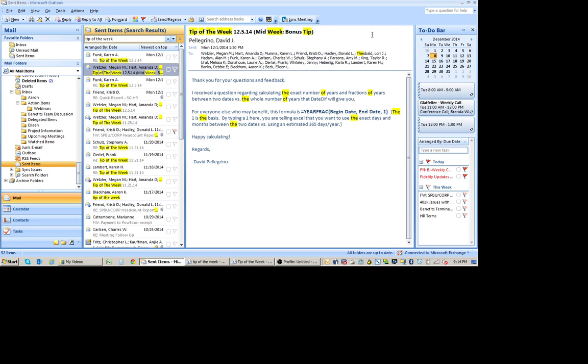So we're going to look at some features in Outlook that are rarely used by most people. The first one we're going to look at is recalling a message. There are some conditions on this in order for it to work, but when it does, it's a real